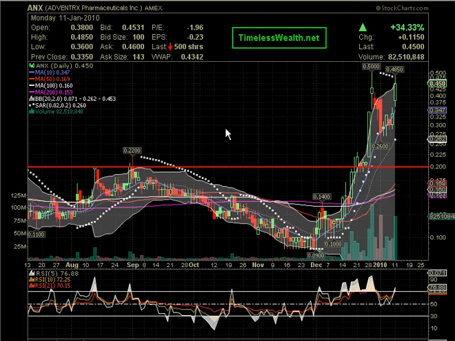Following Monday's trading session, shares of ADVENTRX Pharmaceuticals Incorporated rallied 34.33% to end the session at 45 cents per share. That takes me to my first note, and that would be resistance at the 45 3/10 cent mark, referenced in the top left hand corner. The 45 3/10 cent mark is actually the top Bollinger Band, which represents resistance given the fact that the price did not close above the 45